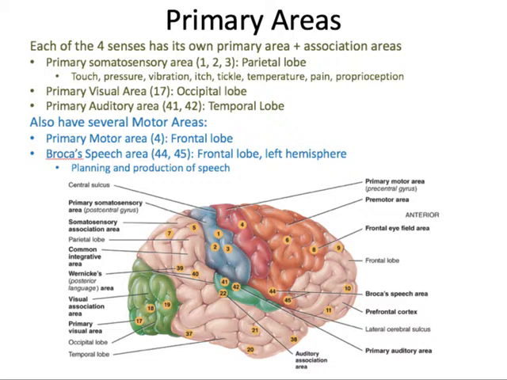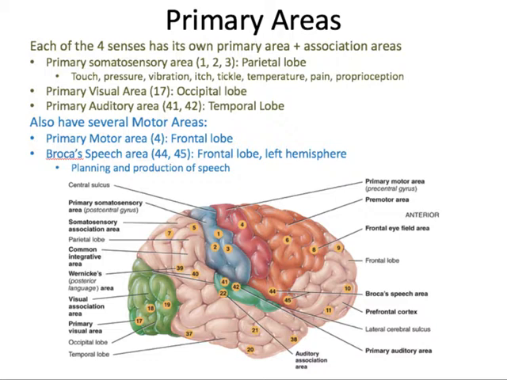So as you're seeing the small, round, red object, you're actually getting that information in the primary area, and you have to use your association area to know, what are you looking at? Is it a Christmas ornament? Is it an apple? One you wouldn't want to bite into, so you better get this right.